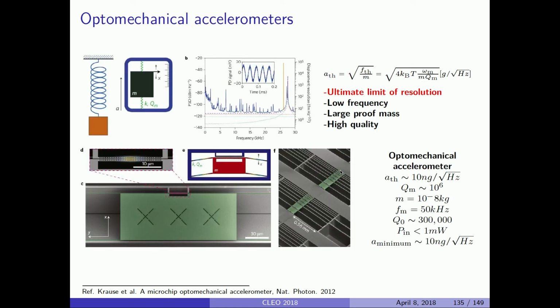So this is an example of an optomechanical accelerometer. What is your ultimate sensitivity limited by? Well, it's simply the thermal noise divided by the mass. So it shows you again that you want to use a large test mass and have a very high Q